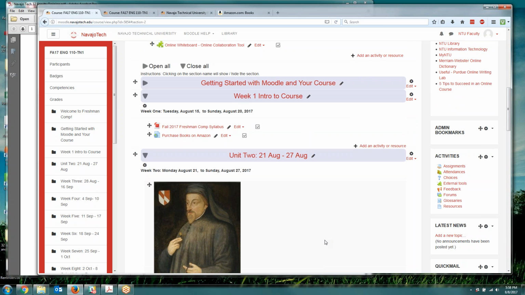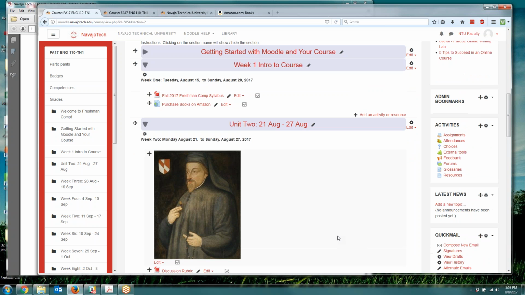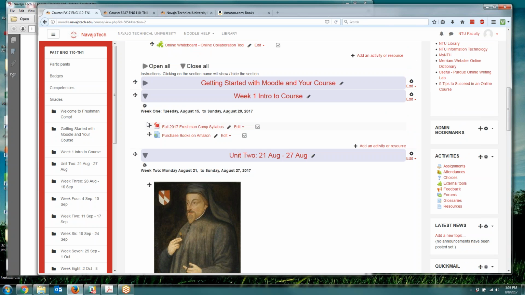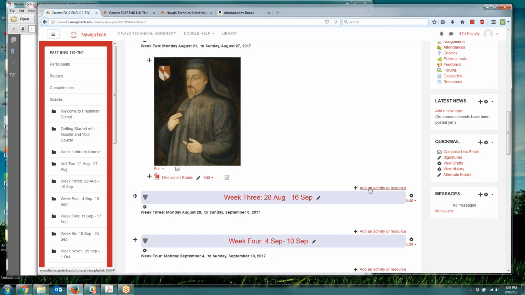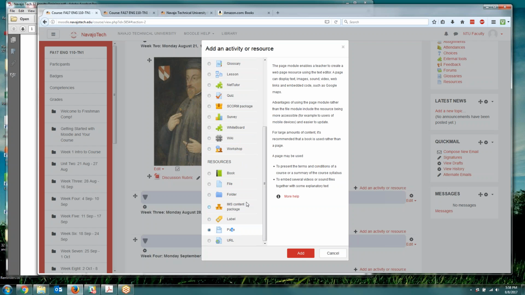Another way to add a link, and I want to show you a few different ways to add links, images, and media, is by using the page resource. The page resource is really valuable if you want to provide a bunch of instruction and context to your students without having to just upload another document for them to download or view. So if you go into Add an Activity or Resource again, and you select Page, and you select Add,